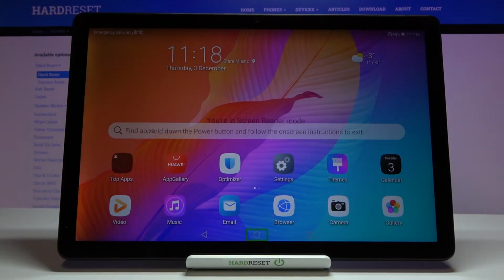Hi everyone, here we've got HUAWEI MatePad T10s, and let me show you how to enable the TalkBack mode on this device. So actually right now I've got the screen reader mode on, so this is the best situation to show you how to turn it off if you've accidentally applied it, and then I will show you how to customize it, of course. So first of all, let me show you the basics of the screen reader mode and